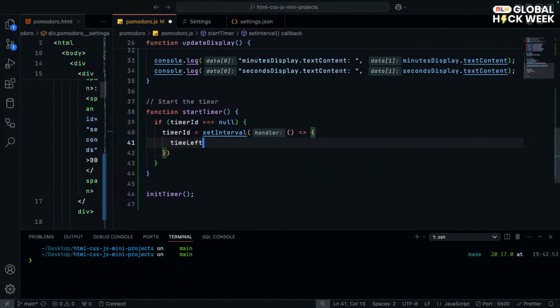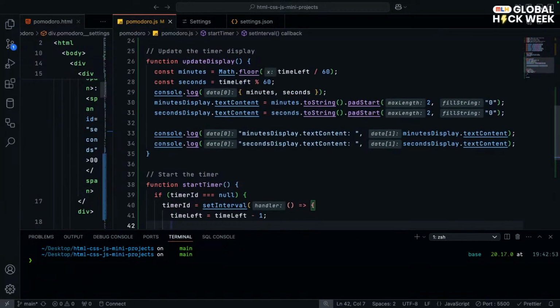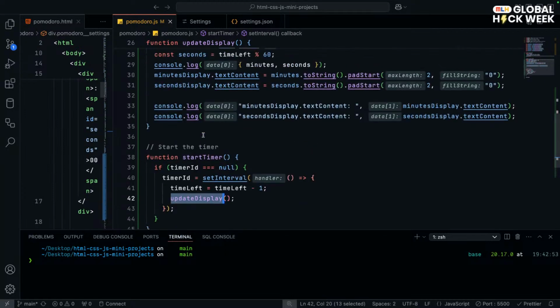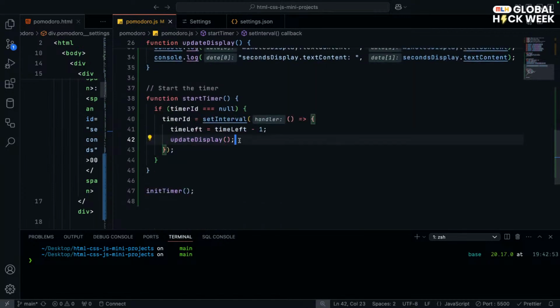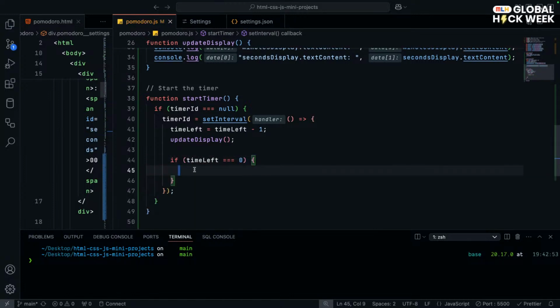Then we will decrease the time left by 1 second, and we'll also call the updateDisplay function that we have created here. And after that, if the time left reaches 0, in that case we will do something,